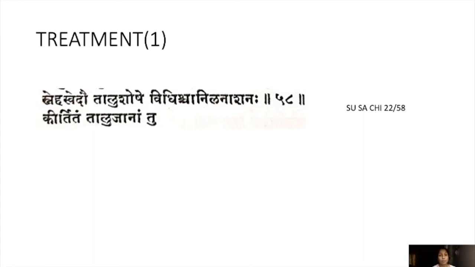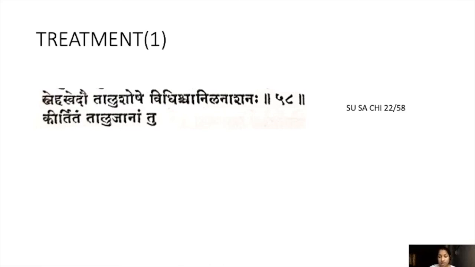Talu Janam. So like that. Talu-Gata diseases are over. The treatment for all the Talu-Gata diseases is over according to Susruta Samhita. Okay. So Sneha Sweda, Snehana and Swedana, and also Vatahara treatment should be given in Talu Shosha